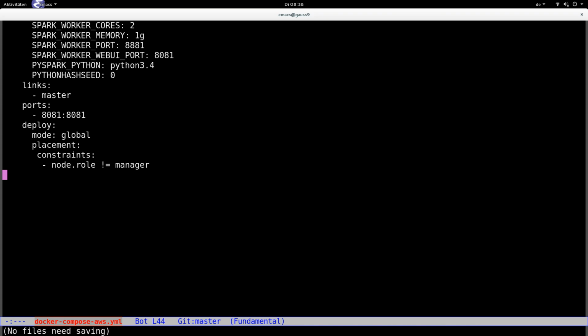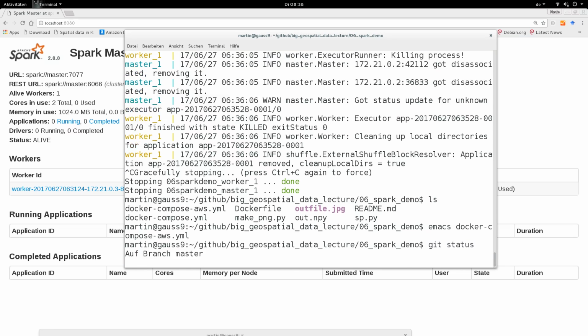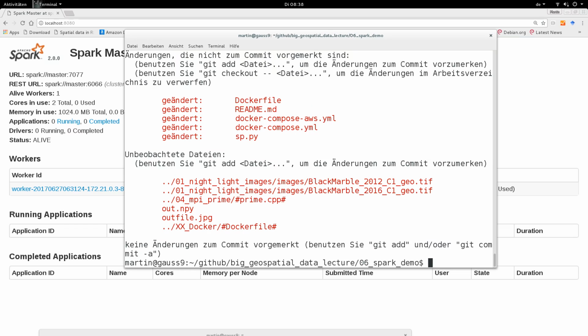Right, so now that we are going to do this on the cloud, we will have to upload our changes to GitHub. So git status will tell us that I have just been changing some files. As you can see, more or less all files. So let's just